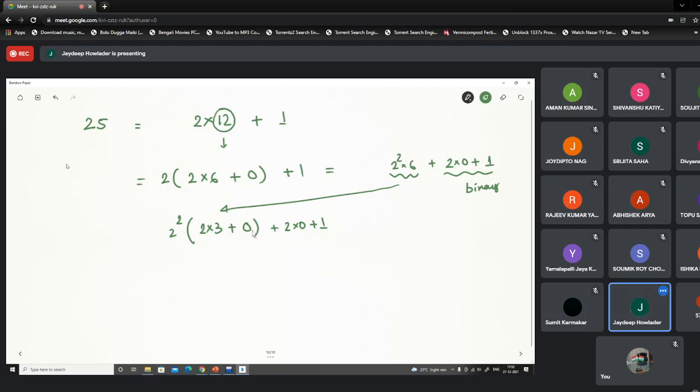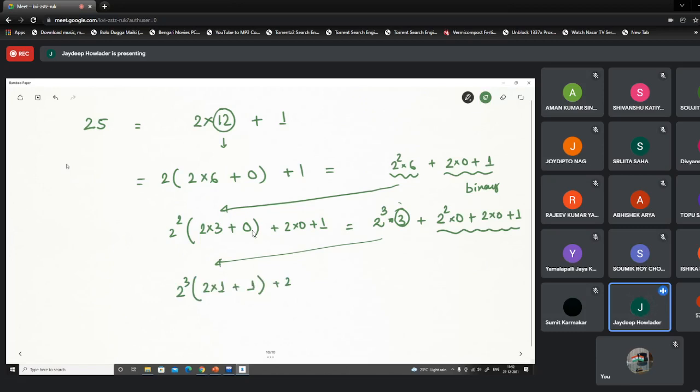Again, if we simplify, this will be 2 cube into 3 plus 2 square into 0 plus 2 into 0 plus 1. Now this part is already in binary, so we have to reduce the 3. Again we take 2 cube, then 2 into 1 plus 1, and the rest we copy: 2 square into 0 plus 2 into 0 plus 1.